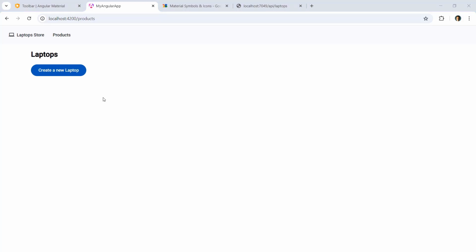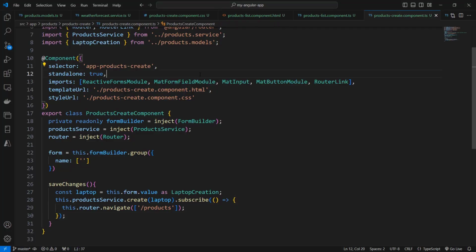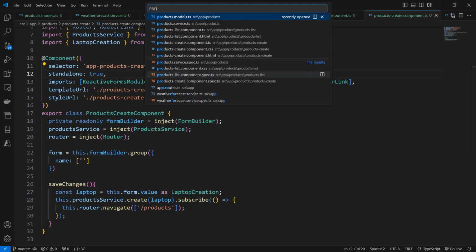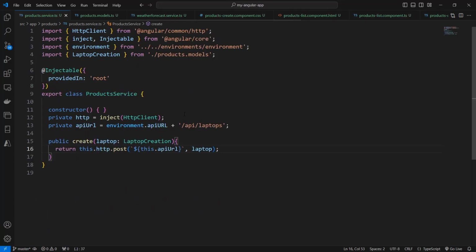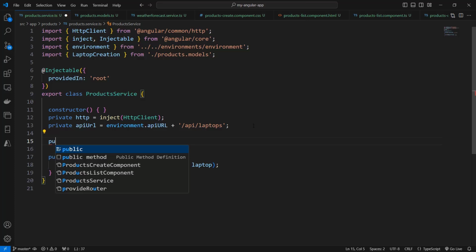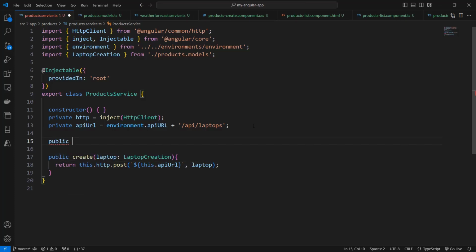So let's come to Visual Studio Code. I want to come to my product service. So let's come to products service, and I want to create a new function that is going to allow us to get a list of laptops from our web API. So let me say here getAll, and let me say here that we're going to return an observable of